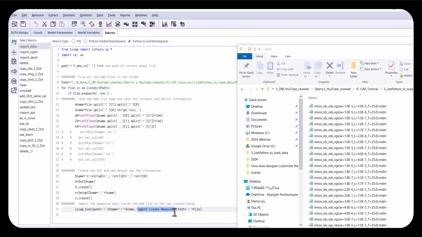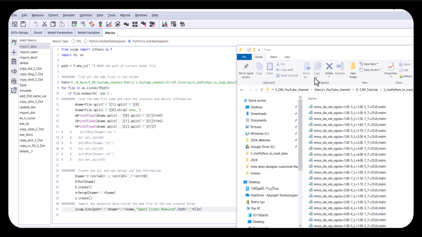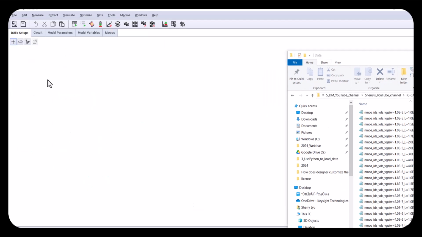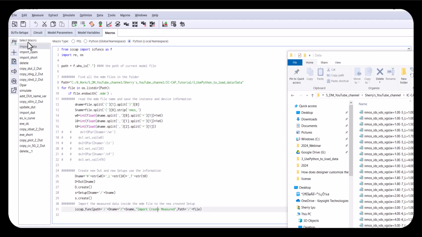Here, the function we use is import create mirror. This function allows us to create those inputs and outputs, and then load the data into those inputs and outputs directly. But let's take a look at how it works. We can go back to the DUT setups part, and you can see that it's empty. By running this import data,